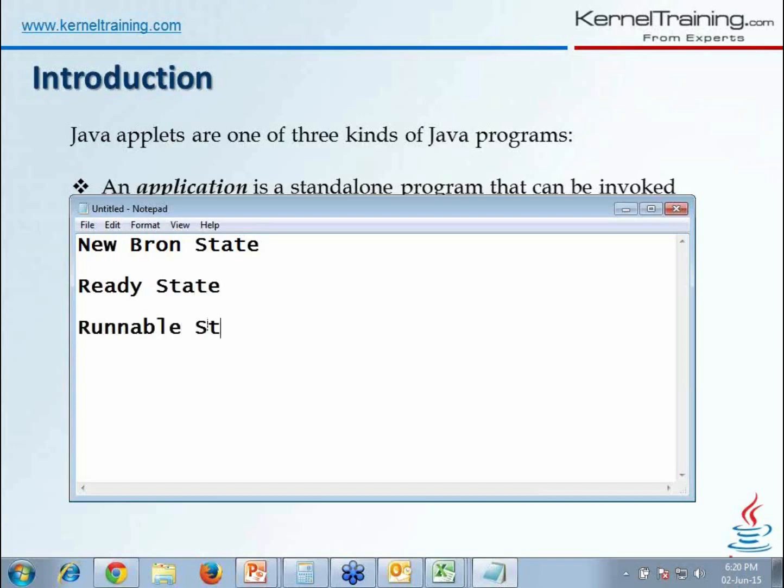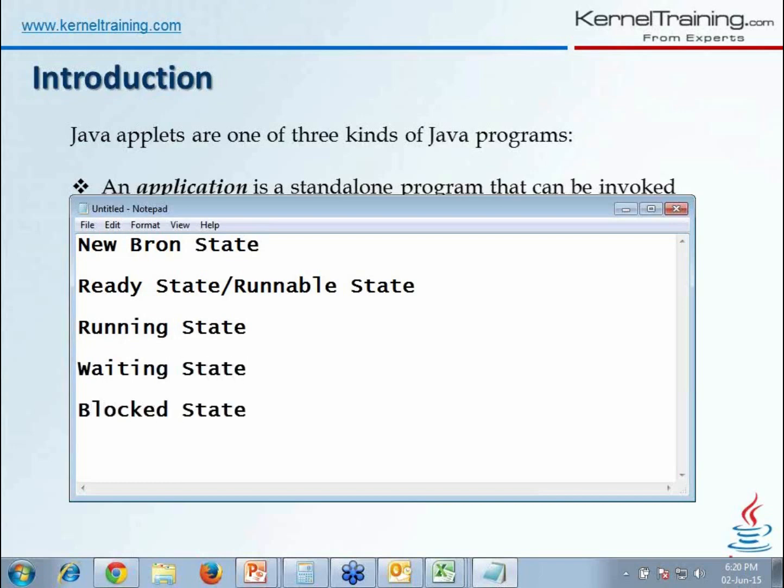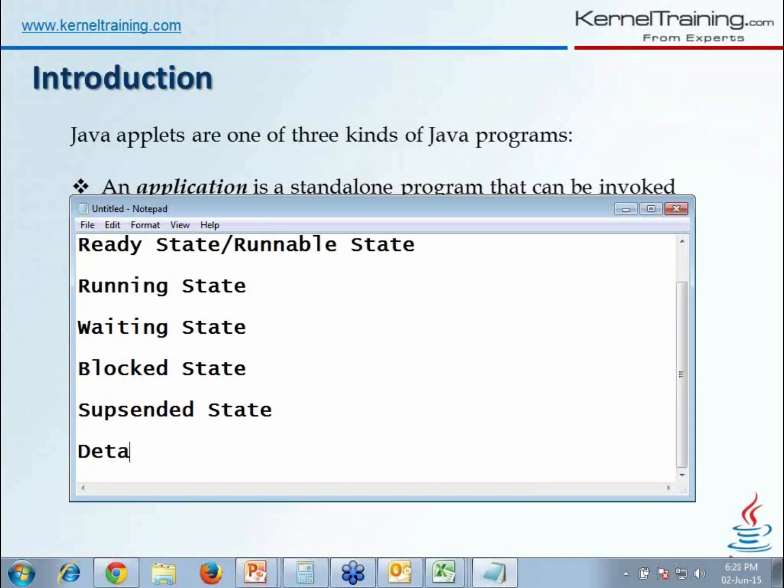The ready state and runnable state are mostly the same. Then we have the running state, the waiting state, the blocked state, and the suspended state. And at last, the thread ends with the dead state.